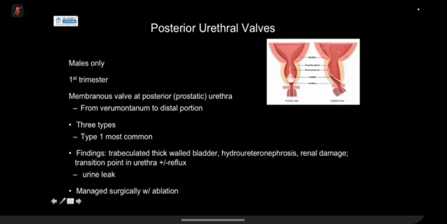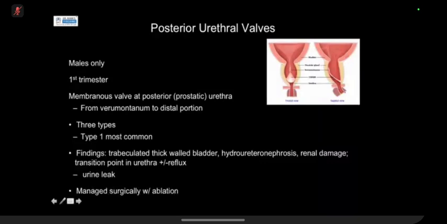This is due to having a membranous valve at the level of the posterior or prostatic urethra, and that extends from the verumontanum to the distal portion of the urethra, as we can see in this image. So this is your membranous valve here. And there are 3 types. I'm not going to go into all 3 types because type 1 is the most common, and that's where you get a valve which has 2 folds which go anterior inferiorly. So here we go, it's coming anterior inferiorly, and then they fuse at the anterior portion,